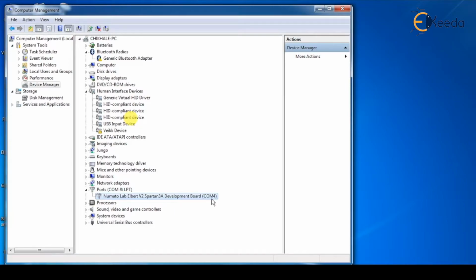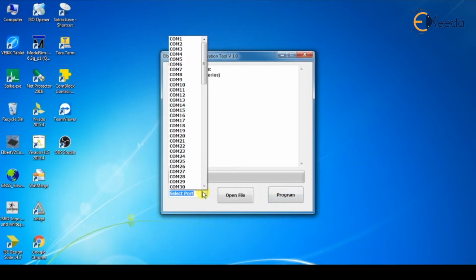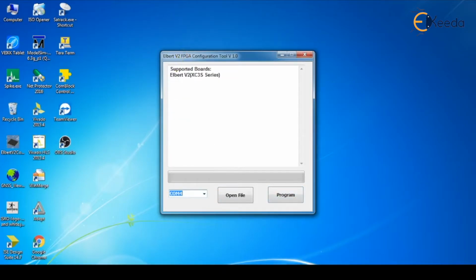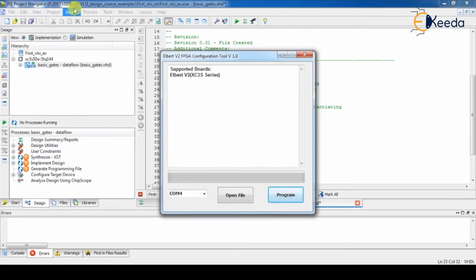So always remember the USB port where we are connecting the FPGA to the laptop or system. This is a one-time check we have to do. Currently I am using USB port 2 of my laptop, so I will permanently consider that as COM port 4. Whenever we are programming the FPGA, we have to configure it to COM4. So let us select the port COM4.